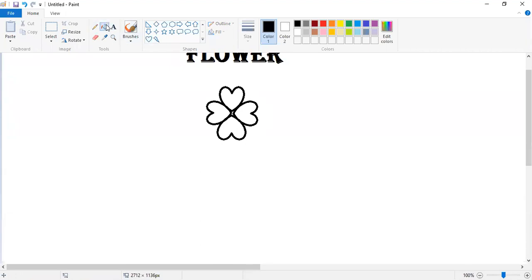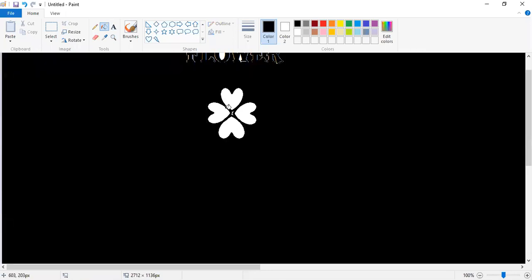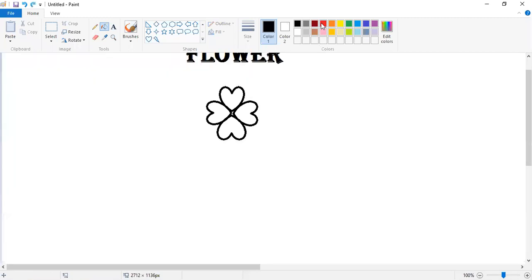Then I will select this fill with color tool, and I will select this red color, and here I will fill this color like this. Got it?